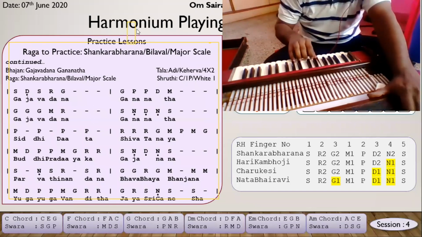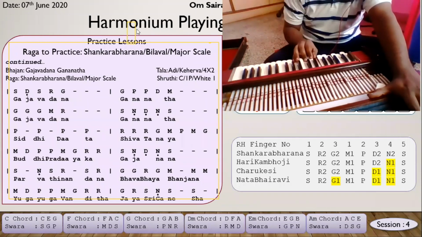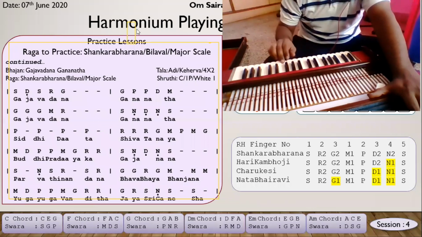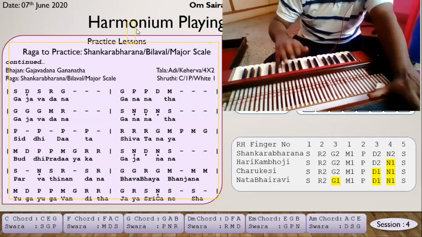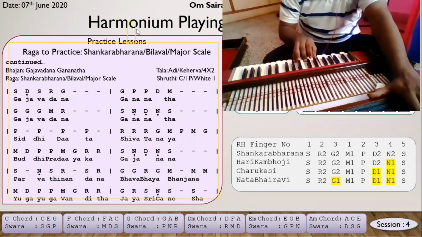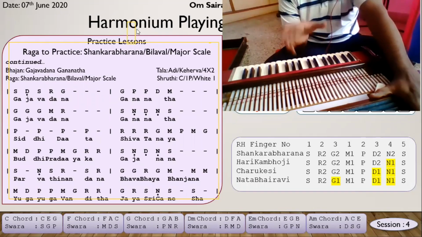Shankarabharanam: Sarigama padanisa, sa ni da pa ma ga re sa. When the ni changes, you play the second ni that is in Shankarabharanam; the first ni becomes black. So one, two, three, one, two, three, four, the black. Sarigama, say Sarigama. So this is Harikamboji. These are all Carnatic ragas. Carnatic music has many more Janaka ragas or Melakarta ragas, 72 ragas. 32 are possible on the harmonium. Beyond that it is very difficult to play.